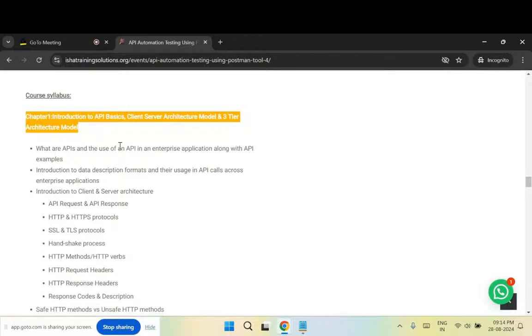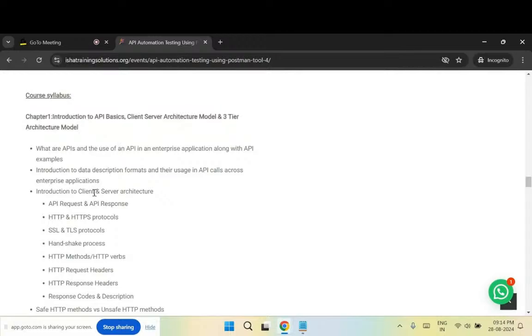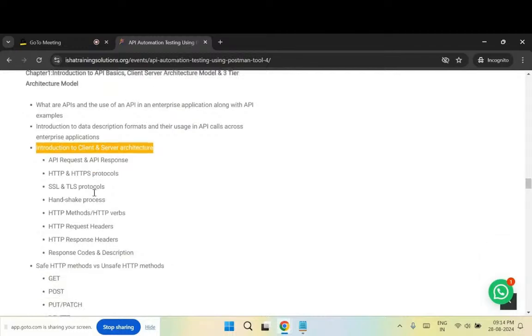Like this is where I talk about JSON, I talk about XML, I talk about HTML, I talk about text format, and I will also talk about client and server architecture. I am sure you are aware of what is a client and what is a server, but we are going to talk something else in the client and server architecture, which will amuse you, and you will be surprised. So many things are playing when a client and server are talking to each other, and that information is 100% important for doing API testing.